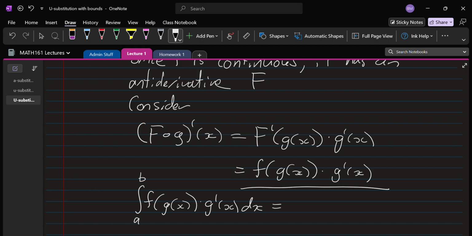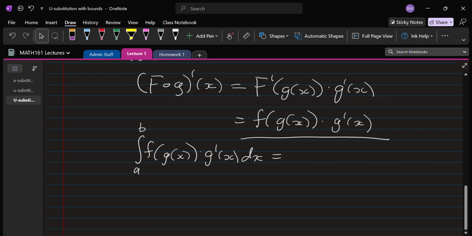So the integral from a to b of f of g of x times g prime of x dx is equal to, and now we're just going to replace that inside part with what we have on the left, so the integral from a to b of the derivative of F of g of x,